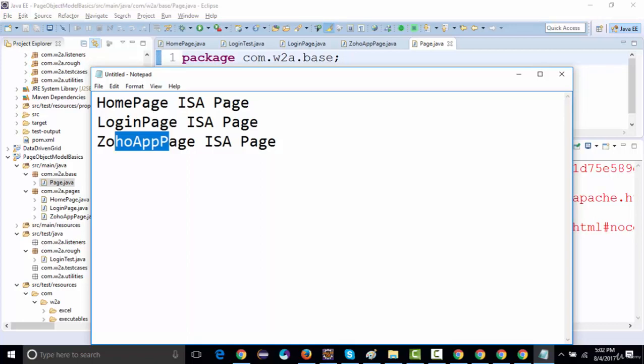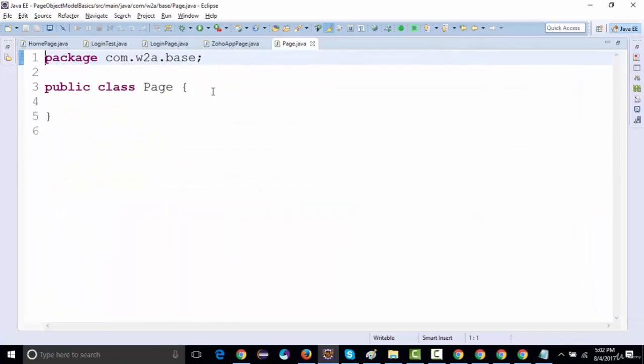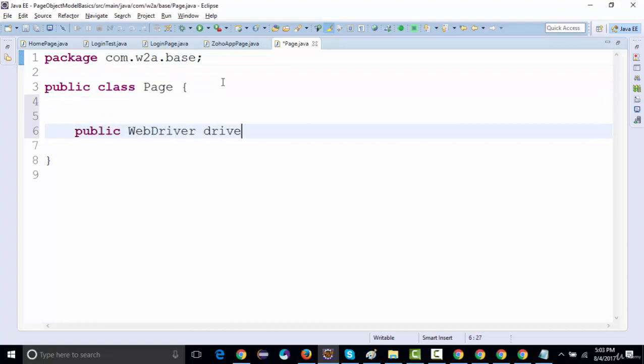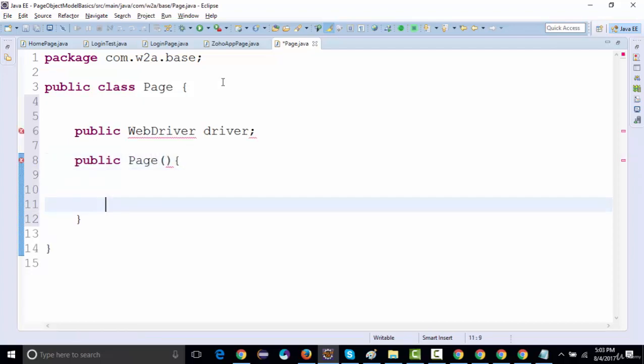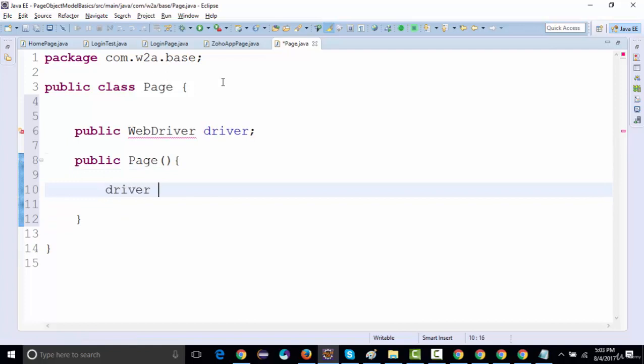So a child can inherit the properties of a parent class, and when we are creating an is-a relationship, it means that all the child classes will extend the page class, and the page class will contain all the common code that is there in all these page classes. So common code, as in, I'll call WebDriver over here. I'll say public WebDriver, and I'm going to create a constructor like this,